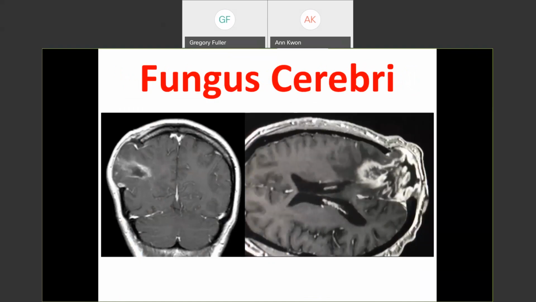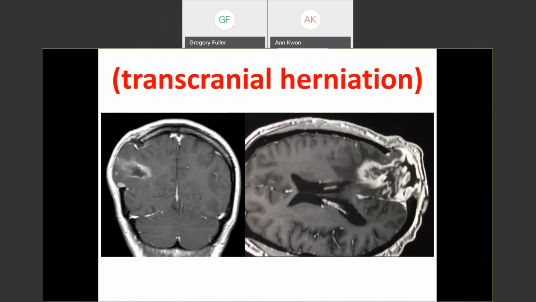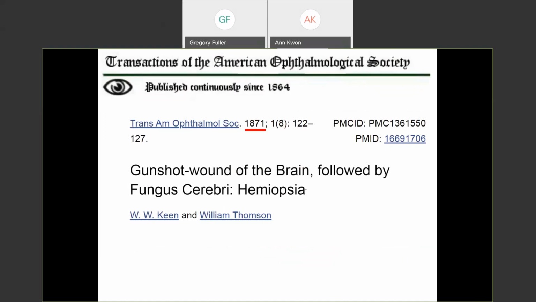Fungus cerebri is herniation of brain through the protective coverings, okay? And it can be transcranial herniation, and it can be due to any number of things. All 3 patients that I just showed you were glioblastoma, which were herniating through a craniotomy defect, in which the calvarial plate was not replaced. So those are all 3 examples. Okay, this is just history, I guess, if you will. Let's go back to